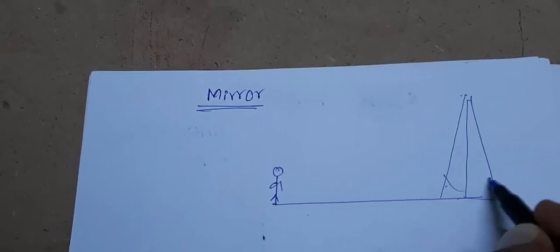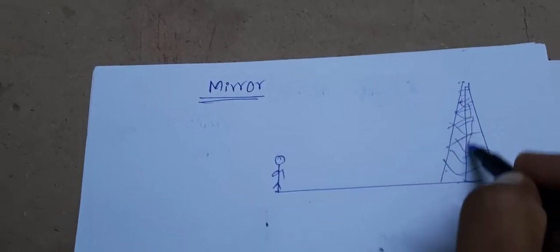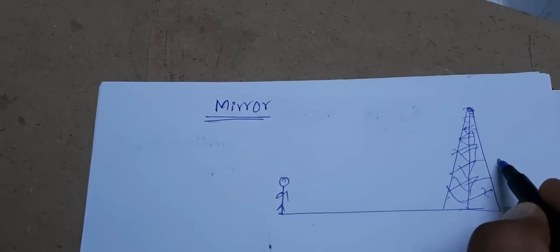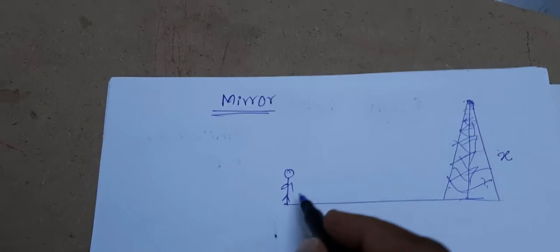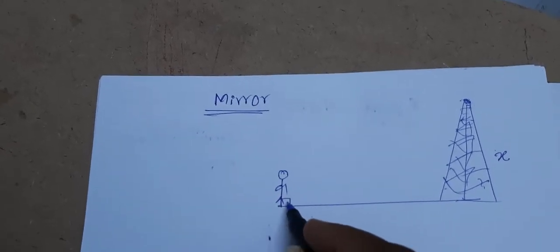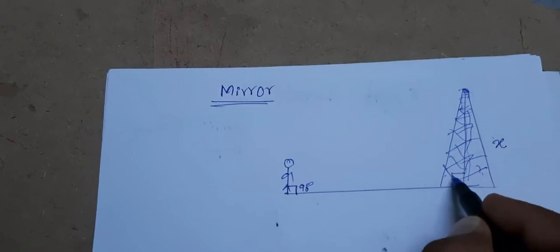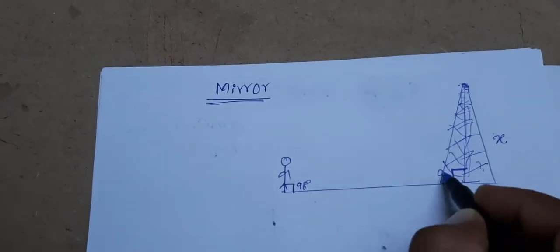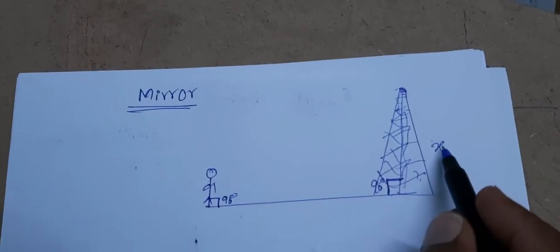The tower height we don't know, X, right? The person stands vertical to the ground at 90 degrees, and the tower also makes a right angle with the ground, right? So we need to find the height of the tower using the technique of the